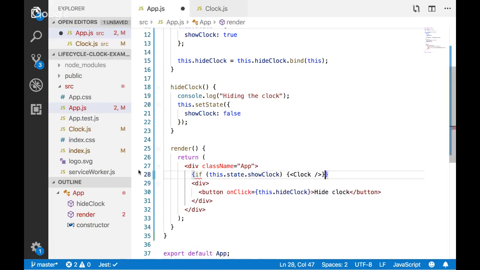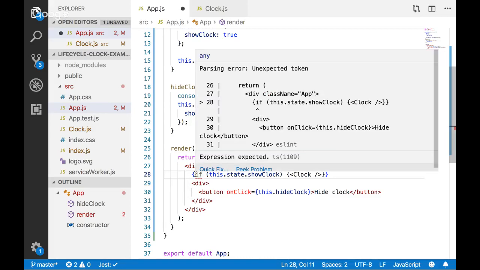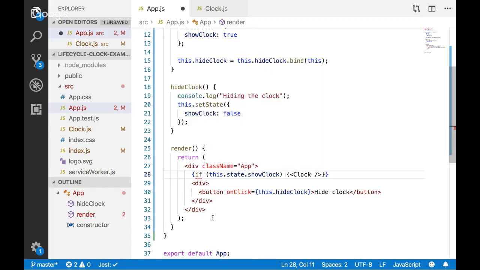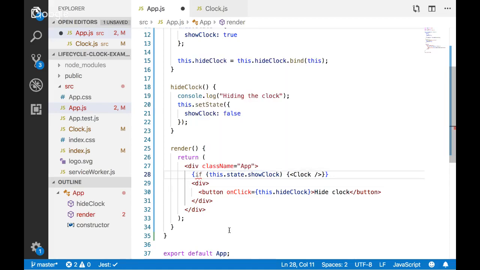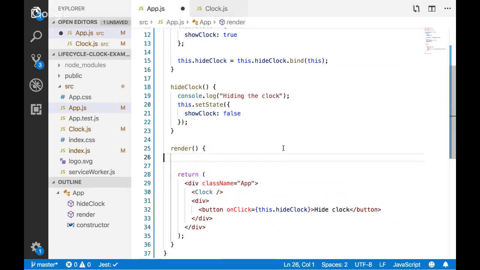Is that going to work? No, I may have to do some other work. I may have something else wrong here in terms of nesting this. So instead, I'll pull this out. Let me go back to just my clock here. And what I'm going to do is, before I return, I'm going to put some extra logic in my render up here.